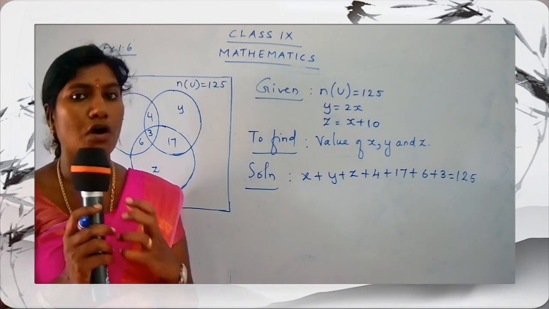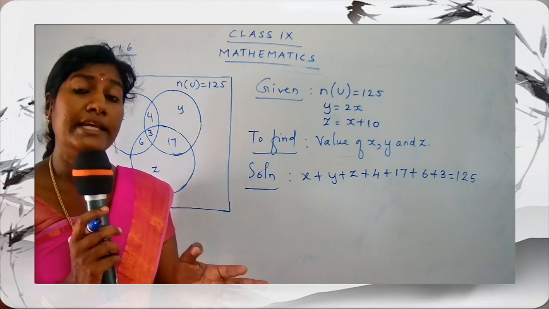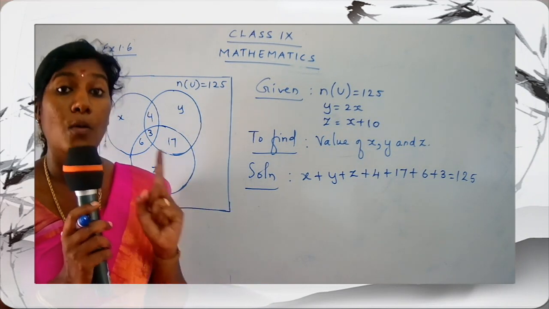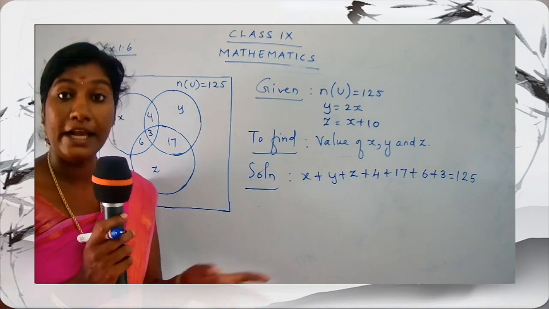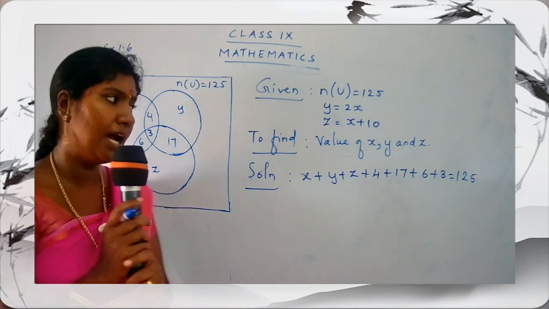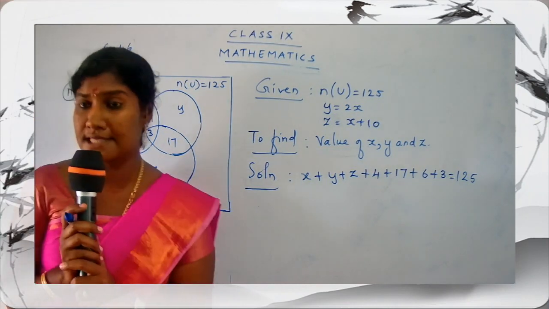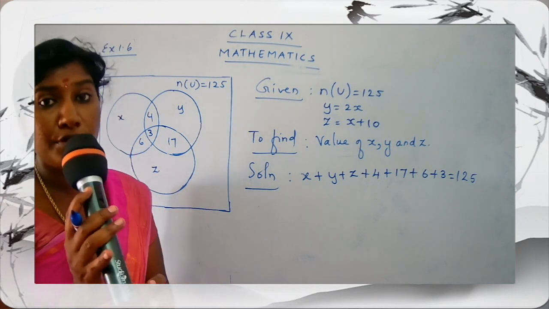If you have to solve any particular equation or any particular sum, you have to deal with only one unknown. If you have more than one unknown, we cannot find the answer. So what we are going to do here is try to replace some of the unknowns. Let us replace the unknowns. And how are we going to replace?